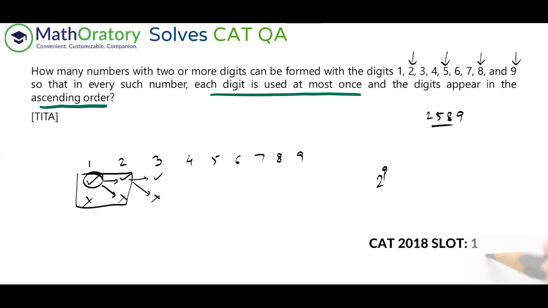But there are some other constraints that you have to take care of. I hope you have read that the numbers should have 2 or more digits. One of the cases not allowed out of this 2 to the power 9 you should understand by common sense. What happens if I don't select any of the digits? How do you form a number in that case? That case has to be taken off, so minus 1 for that. That case is out.